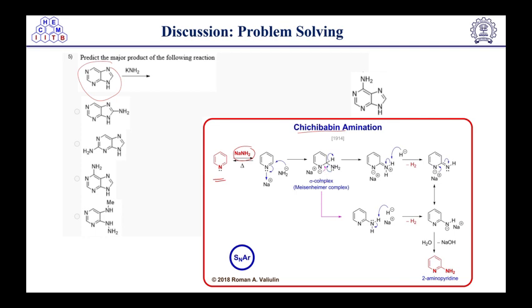Okay, Meisenheimer complex formation will take place here. So here we have two options, either path A or path B. We will discuss both paths one by one. So when we have path A, what will happen is this lone pair of nitrogen will push here and deprotonation will take place. So in this case we will get an imine type of intermediate where a double bond will form